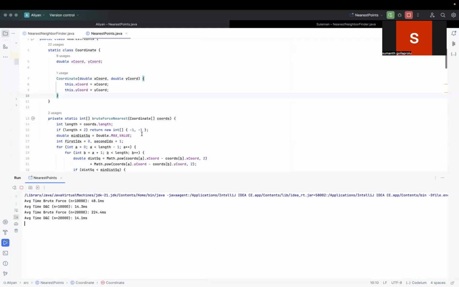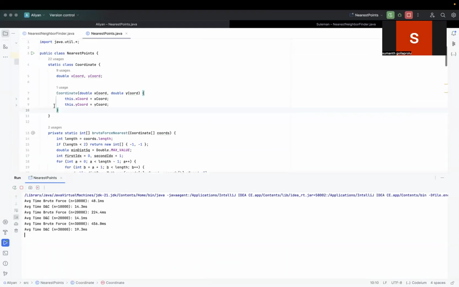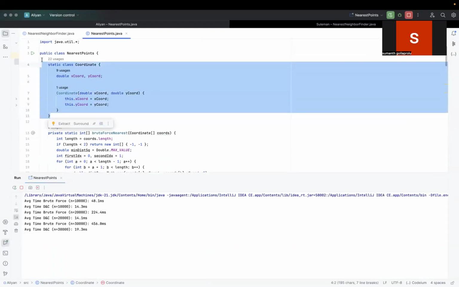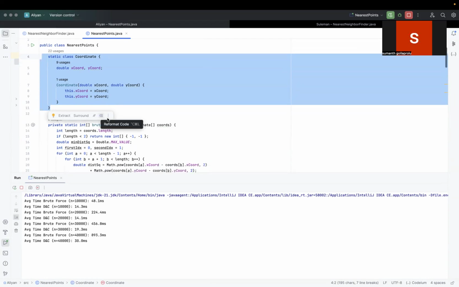I have described a class called Coordinate, where I have described 2 points, x coordinate and y. This basically acts as a position index for my closest pair problem. And coming to the main class,